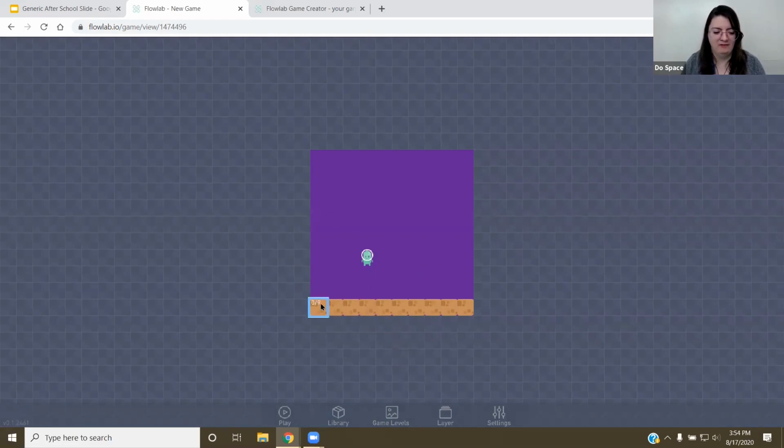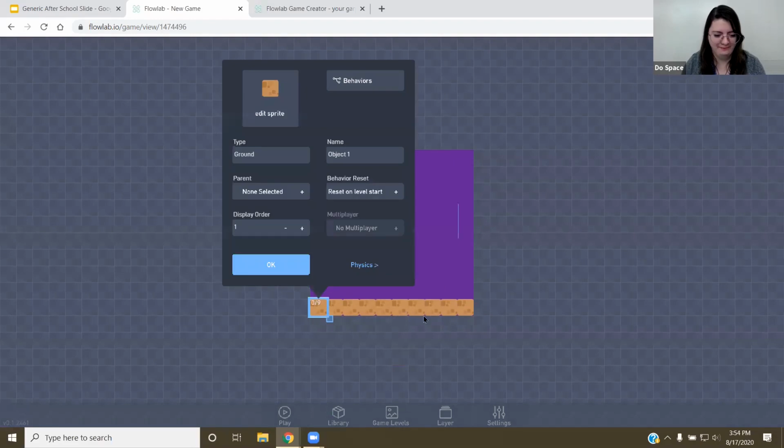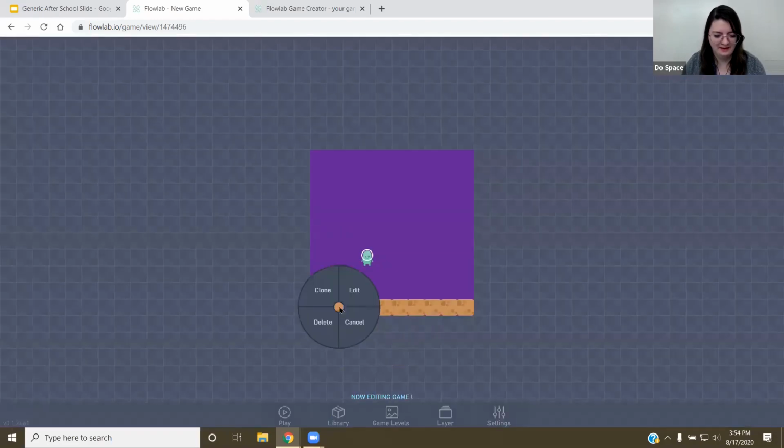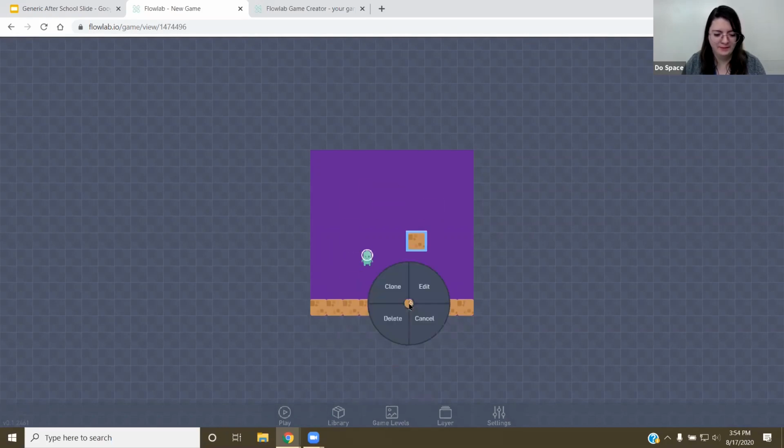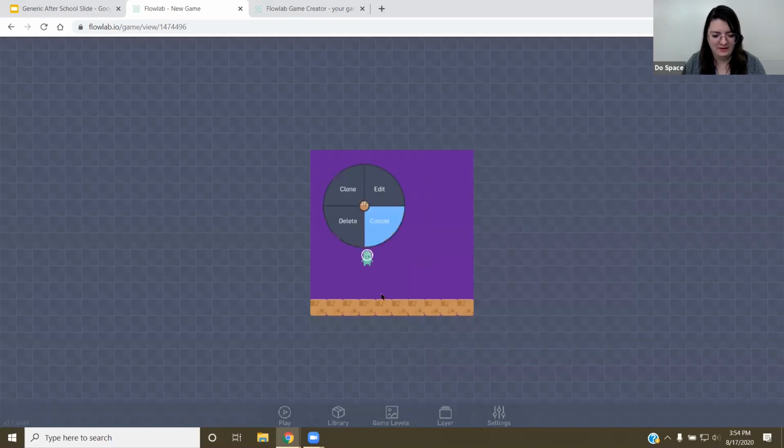Another thing you can do is left click on things, and you notice I can't move them at all. Let me go back to edit. If I click on it, I can't move it about unless I create a copy. So if I click edit, then edit. There we go. Now let me do it.